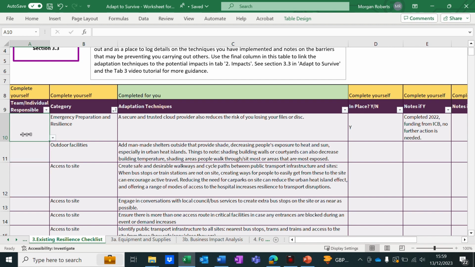This will eventually help you create a detailed action plan, and also if you're only able to carry out adaptation planning for a specific department or team within your trust, this will allow you to filter the team/individual responsible column to view only the techniques that you have control over. This may have already been completed by a different team member, and they'll therefore help you do that